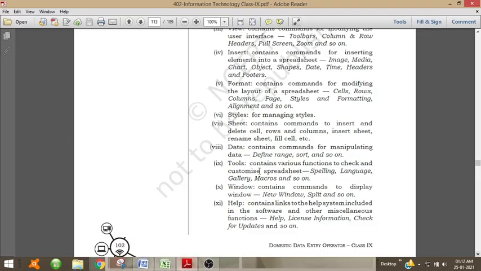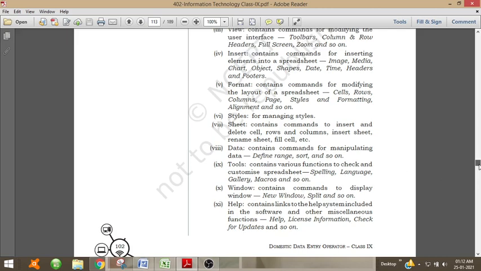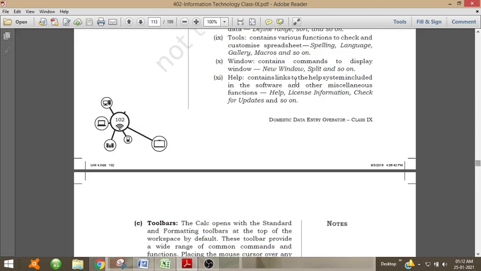Then tools contain various functions to check and customize the spreadsheet, that is spelling, language, gallery, macros, and so on. Then windows contains commands to display window, that is new window or split, and so on. Then help contains links to help systems included in the software.